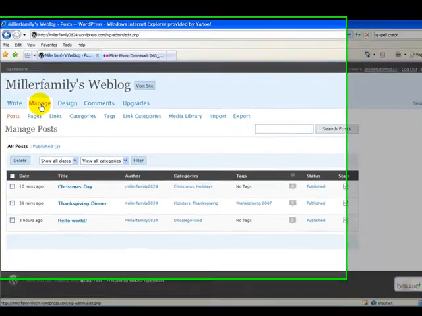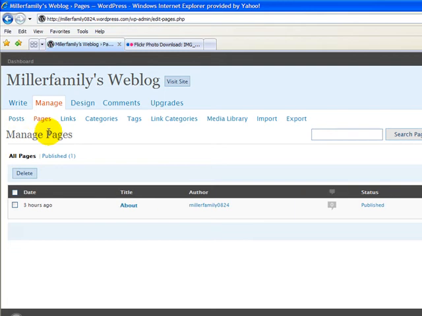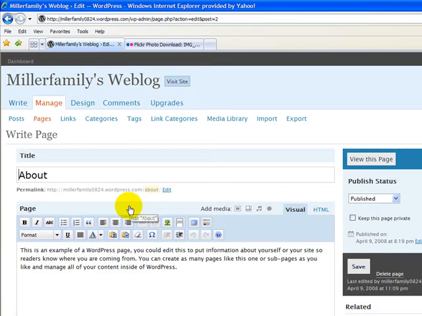So click through on the Manage menu item, and from here let's select the Pages option, and right down here we'll see a menu of all the pages that we have in our weblog. We only have one, which is the default About page. So let's click in on that, and you'll notice that the page editing feature looks just about like the post editor. We have the title section, and we have our editing block down here with all of our editing